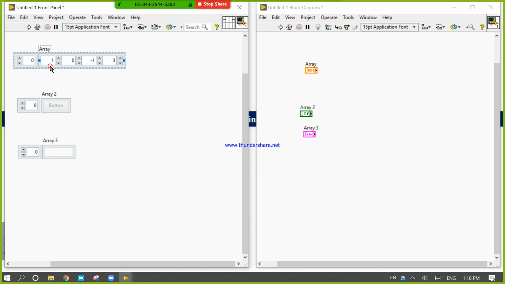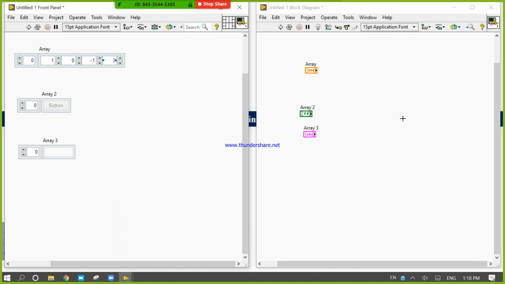So the index for this one is 0, then 1, 2, 3. So what is the highest index of this array? The highest index of this array is 3, and the size of the array is 4.